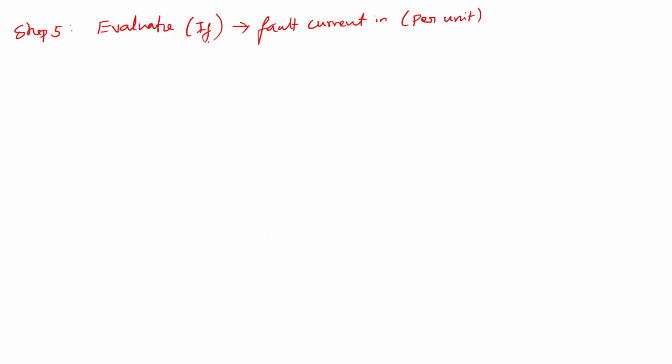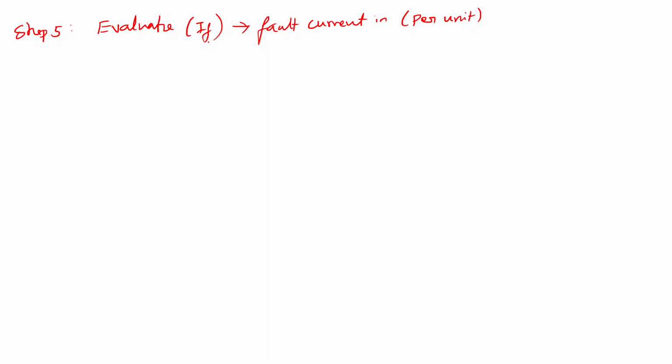Why? Because we are doing this fault analysis just to understand how much protecting device I need to install at every point. If I know how much maximum current I will get at the faulty point during the fault, it is easy to design a protecting device to put in that place. Correct or not?